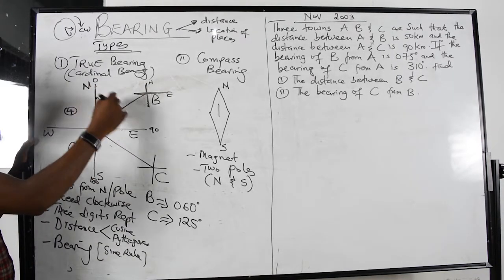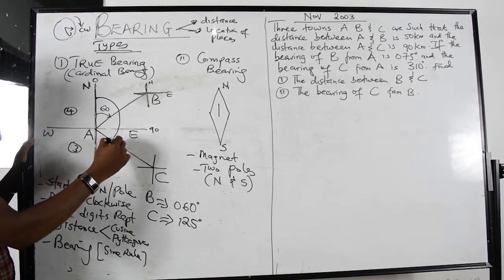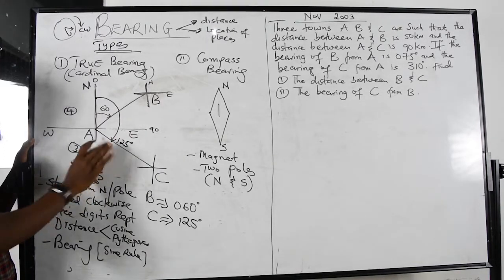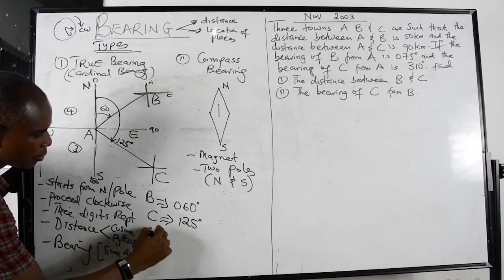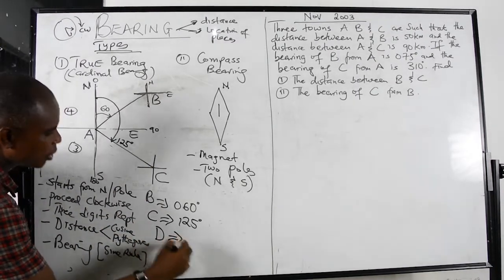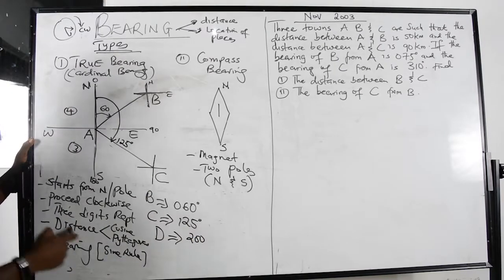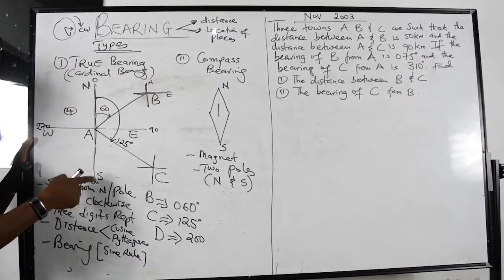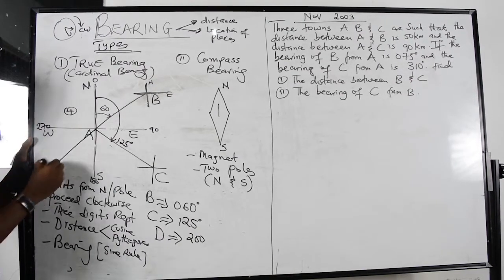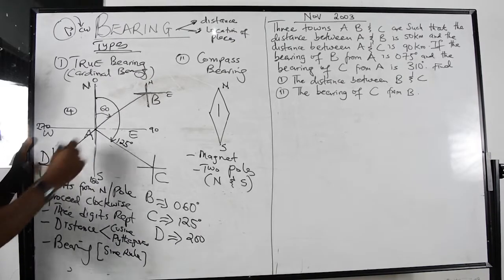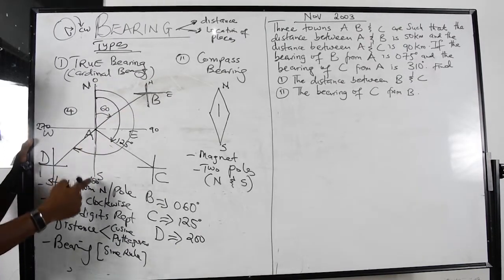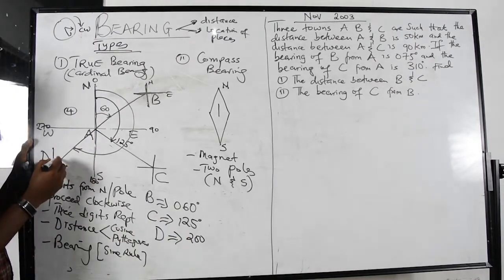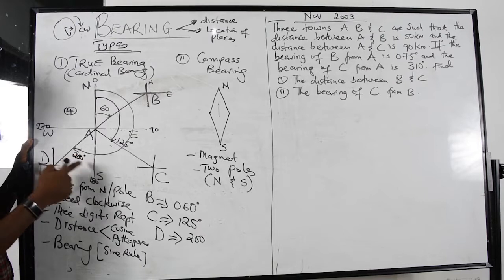I still start from the North Pole, I go there. This is 125 degrees. 125 is between 90 and 180, and it's in this quadrant. Now I still want to locate a point D which is 200. 200 is between 180 and 270. This is 270. 180 and 270 is between here. So I locate that. This is point D. Point D is 200 up to there. 200 is between 180 and 270. So the bearing of D, 200, is going to be here. So this is 200 degrees there.